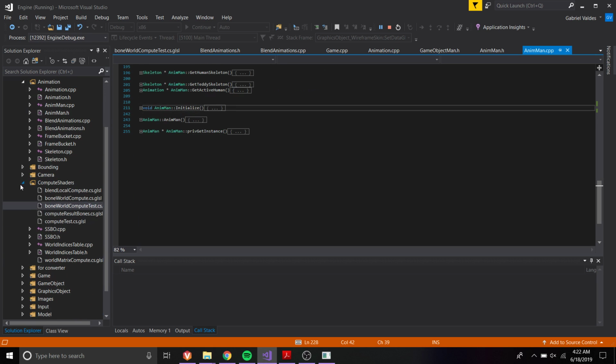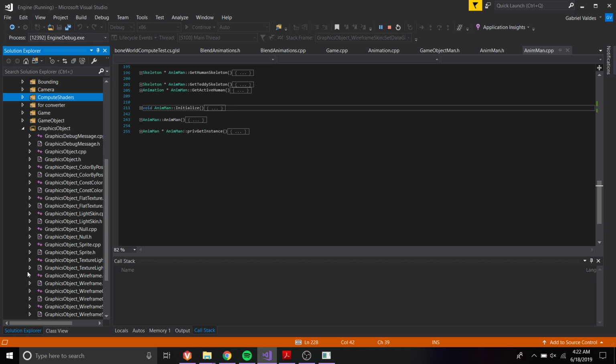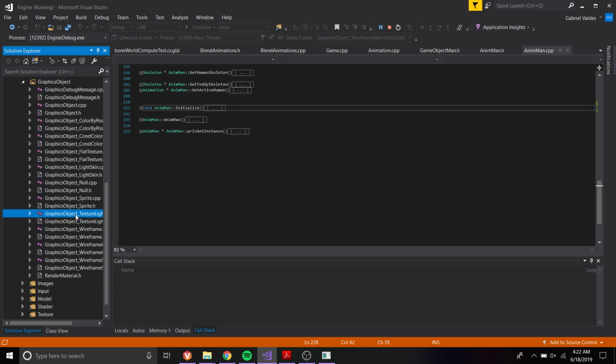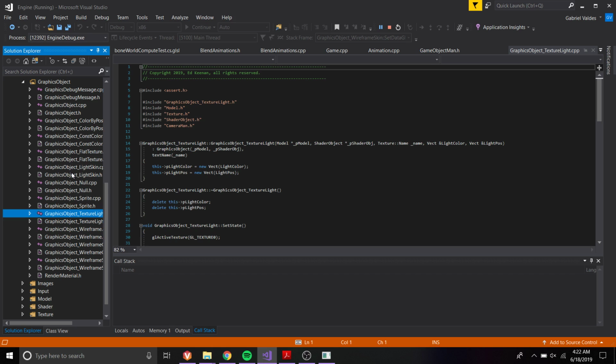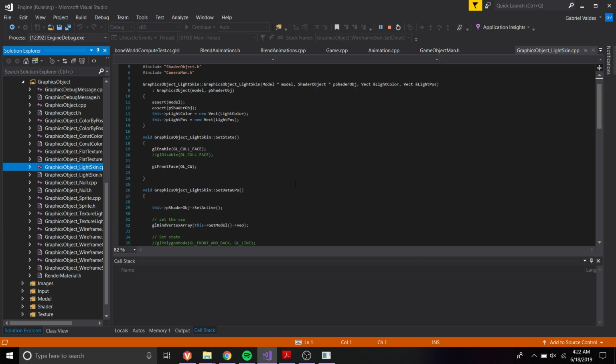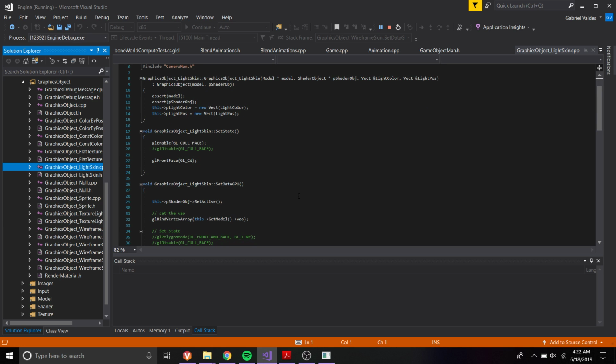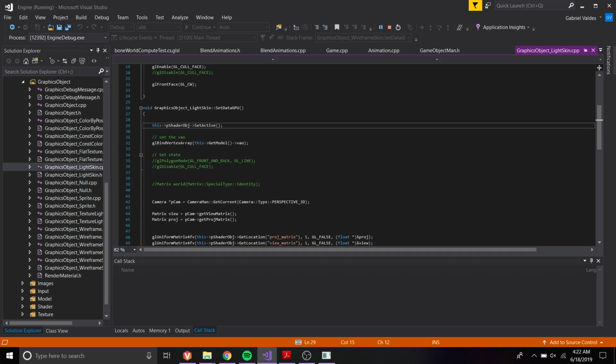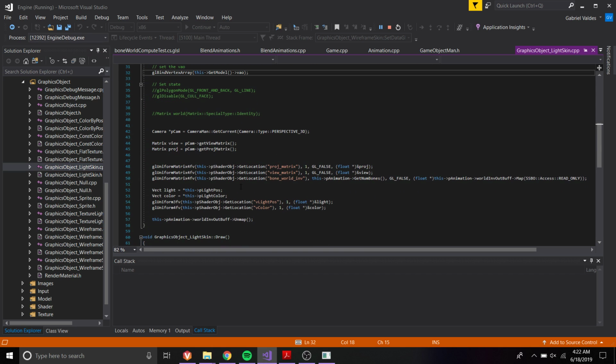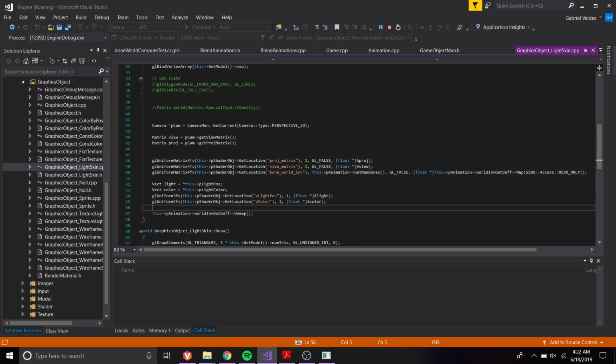Next thing would be the graphics object. What's it called? Light skin. So same kind of deal. Set active, bind array, yada yada. This is all the same. I just ripped this from what we had last quarter with all the light stuff. Or no, sorry, I ripped this from the light stuff. But